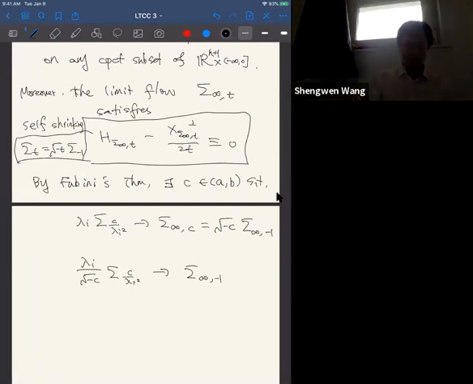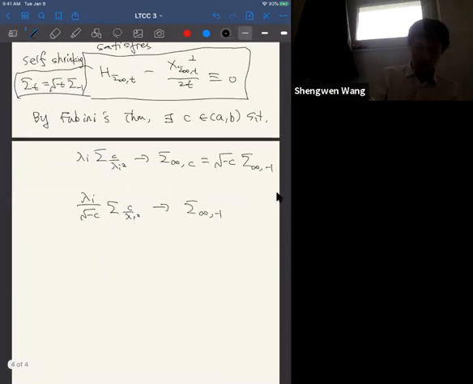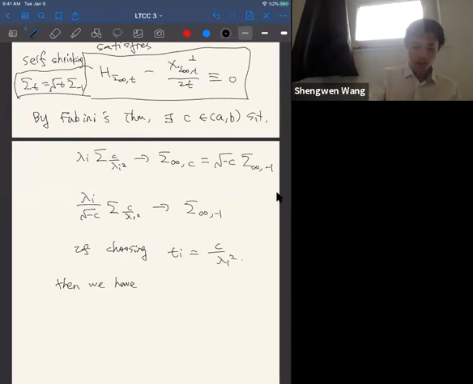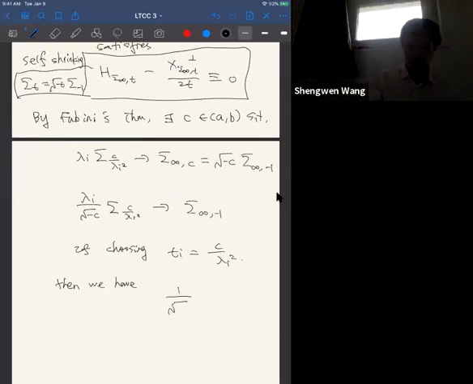So which means that up to a subsequence, if choosing Ti equal to C over lambda I square, then we have this rescaling factor is actually 1 over square root of -Ti, right? Of Ti is converging to the time -1 slice. And as a time -1 slice of a self-shrinking solution, you plug in time -1 here. So in the previous page, if you put in t equal to -1, satisfies an elliptic equation